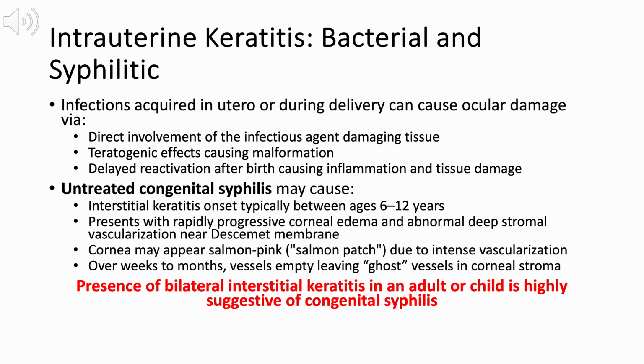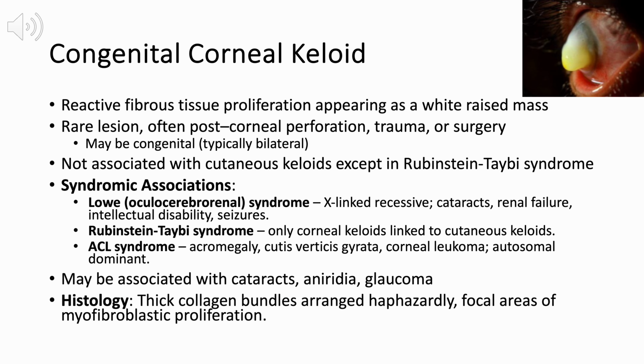Importantly, the presence of bilateral interstitial keratitis in either a child or adult is considered highly suggestive of congenital syphilis and should prompt further investigation. Congenital corneal keloid is a rare lesion characterized by reactive fibrous tissue proliferation that presents as a white, raised corneal mass. While it often occurs following corneal perforation, trauma, or surgery, it can also be congenital, in which case it